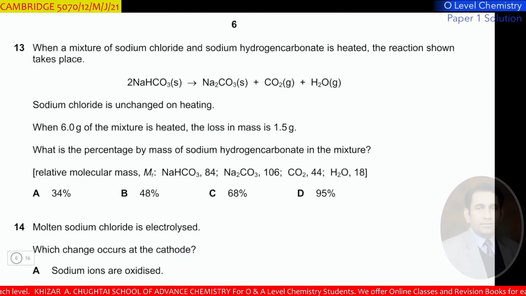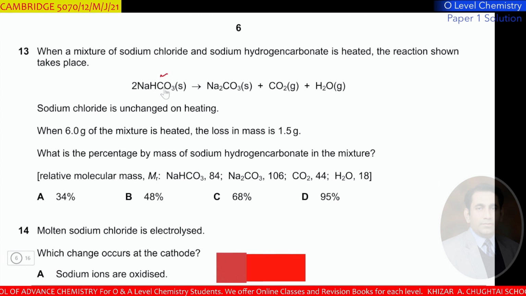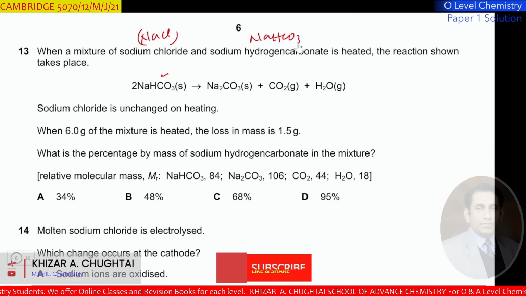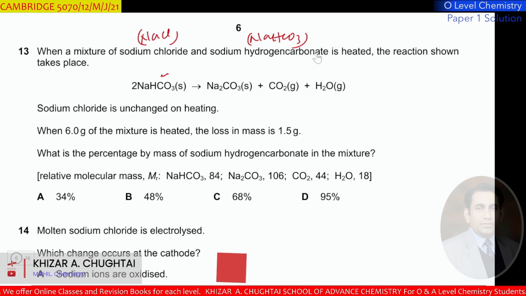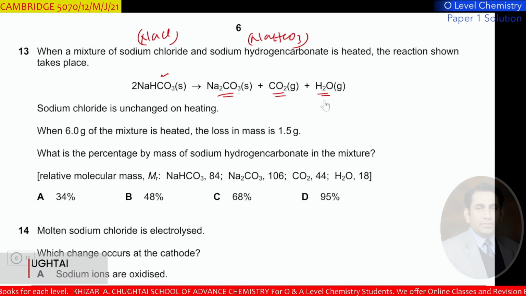Question number 13. When a mixture of sodium chloride, that is NaCl, and sodium hydrogen carbonate is heated, the reaction shown takes place. There is only decomposition of sodium bicarbonate into sodium carbonate plus CO2 and H2O. Sodium chloride is unchanged on heating. When 6 gram of mixture is heated, the loss in mass is equal to